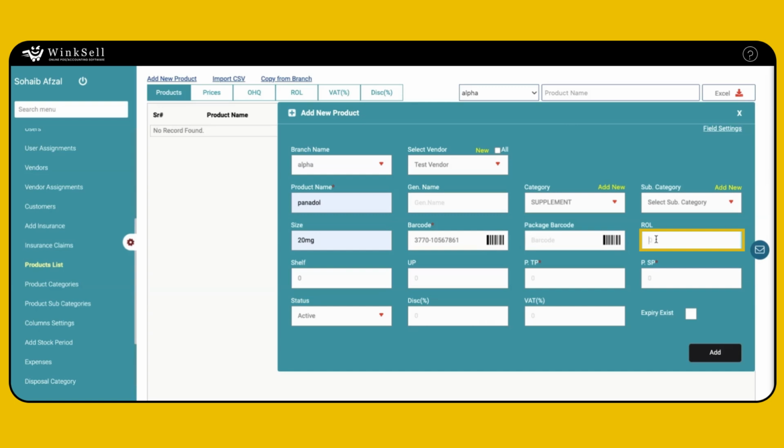Next is the reorder level, the minimum stock at which this product is auto-listed in a purchase order when the checkbox option is selected. Then the shelf or the rack number. Next is the unit per pack field, which is how many units a pack contains. Then enter the trade price of the pack, which is the price you will be paying to the vendor, and